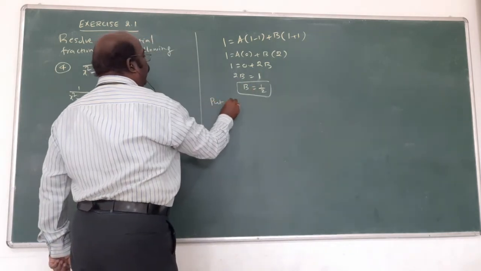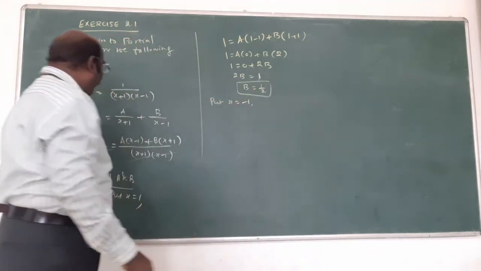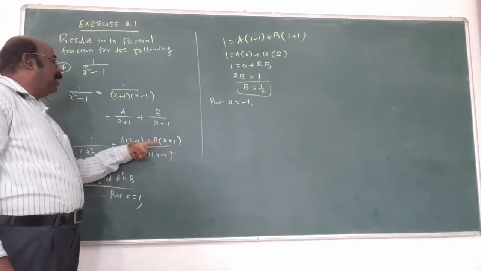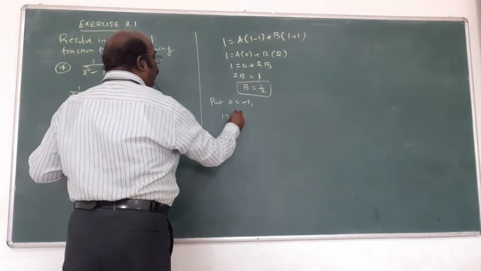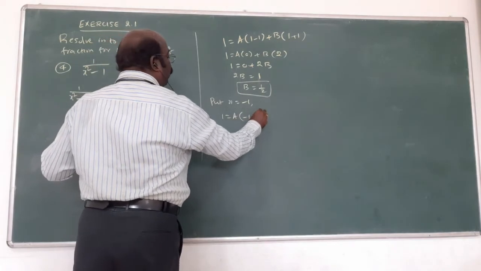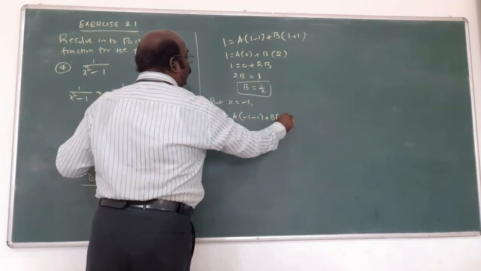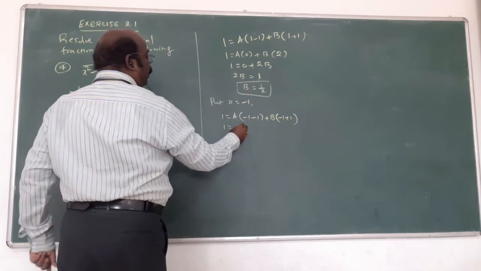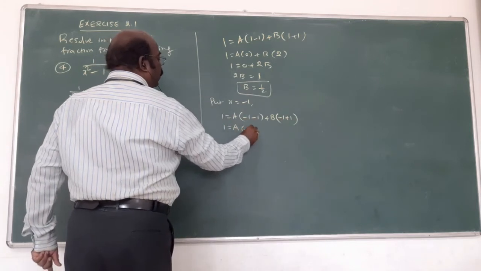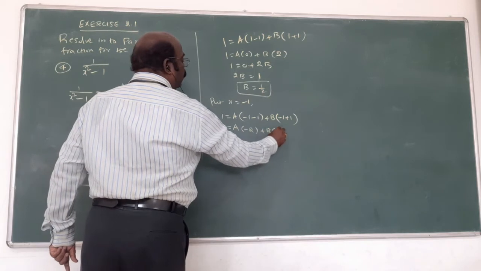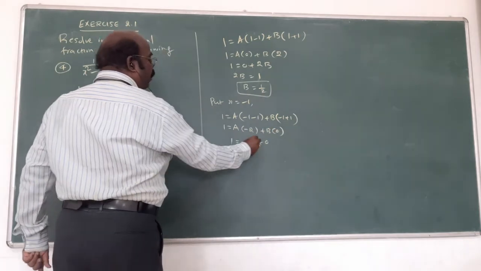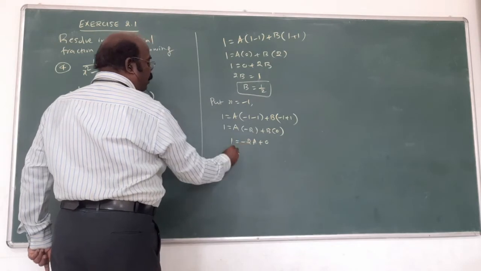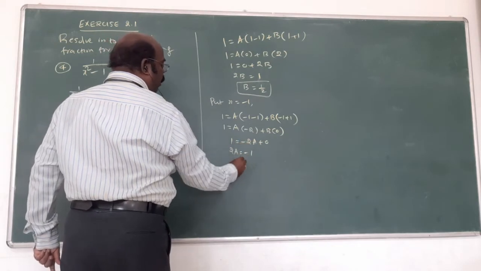Similarly, the x equal to minus 1. Because what is x in some bracket? Plus 1. Plus x inside minus 1. Left hand side as 1. Right hand side 1 minus 1 minus 1. Next side minus 1 plus 1. Am I right? Here a into minus 2, b into 0. Here minus 2a plus 0. We want a. That's right. The minus 2a comes to 2a. Here minus 1. A equal to minus 1.